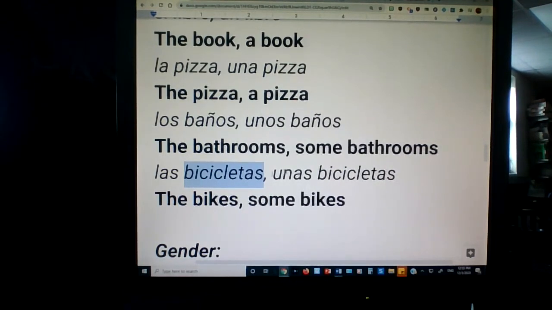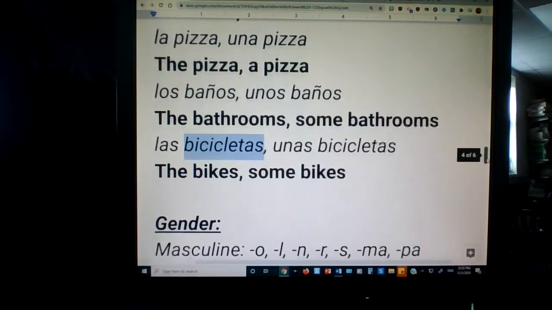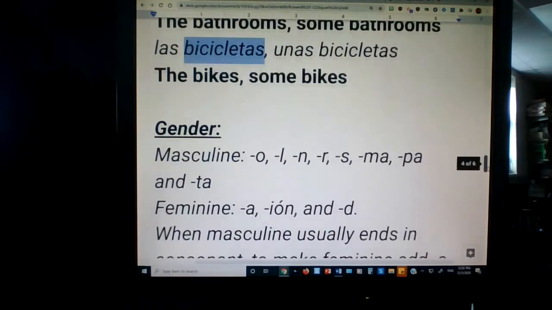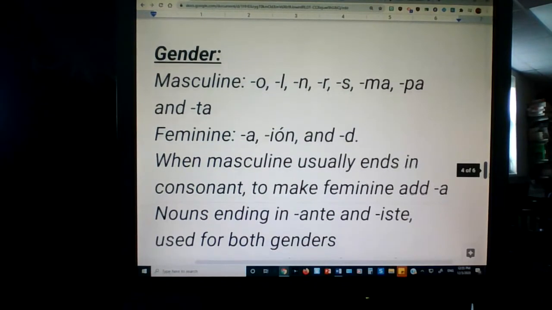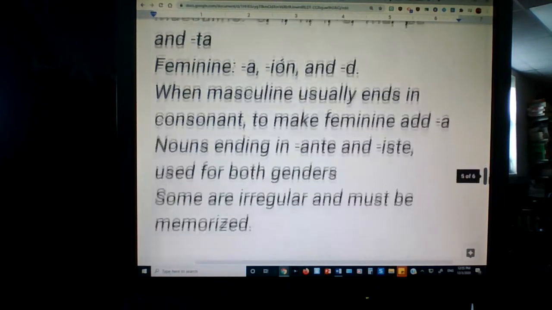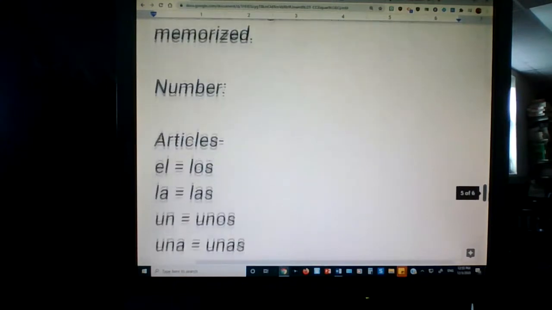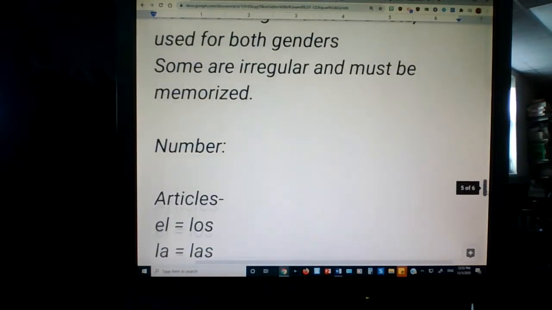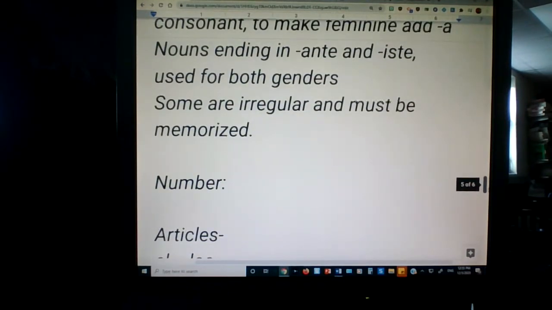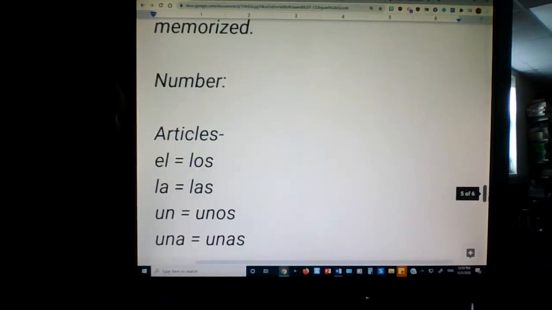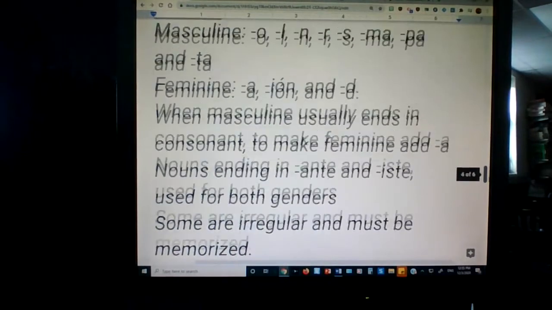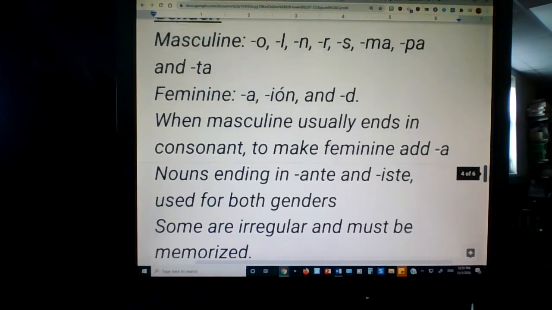Okay, bicicletas. We are going to stop right after we establish some things to look out for when we're dealing with gender. Tomorrow, we're going to be talking about number and how complicated or easy it is to make words in Spanish go from singular to plural. So let's go ahead and establish a couple things, okay? If a noun,